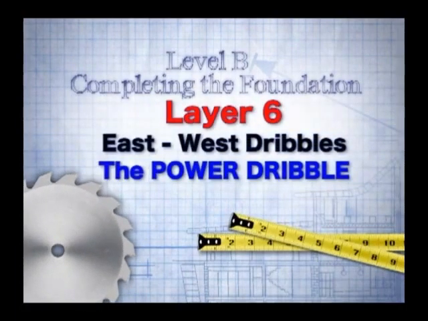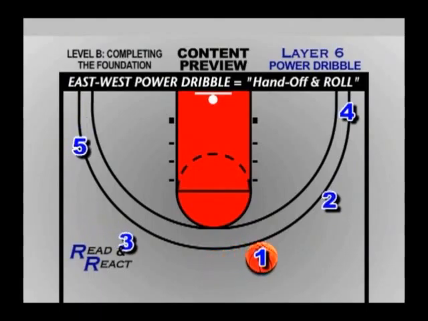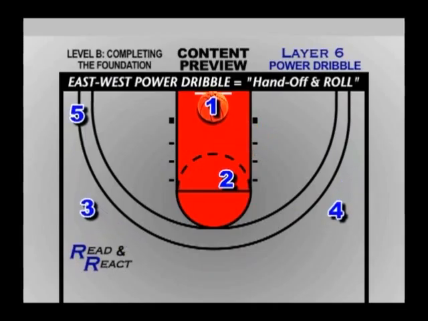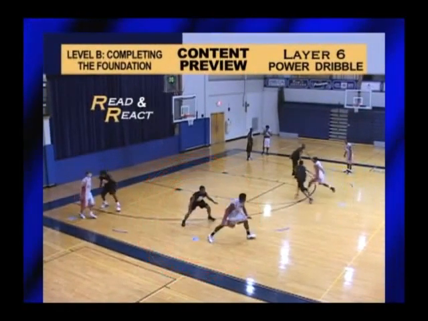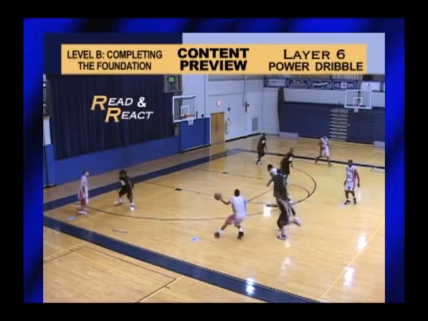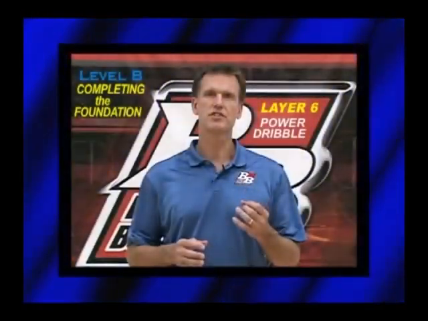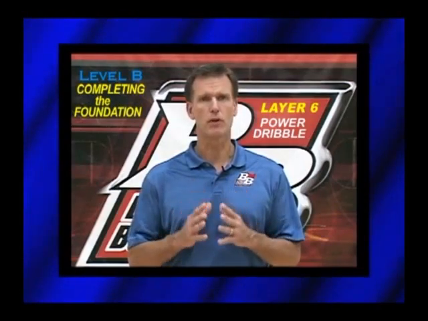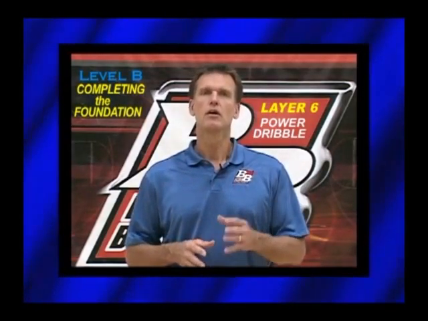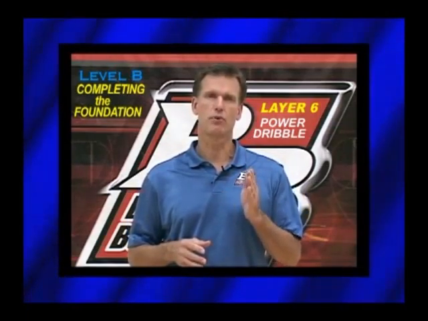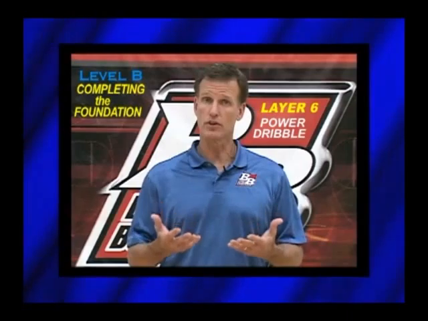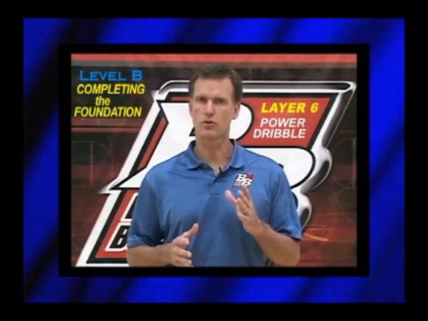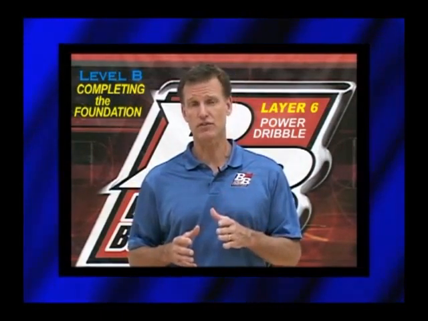Layer 6, the power dribble. This is the first layer where ball screens are introduced. I've been reluctant until now because most players don't know how to pick and roll effectively. But more importantly, I've hesitated because bringing another offensive player along with his defender close to the ball violates spacing, and if the players aren't properly trained, the ball screen can create better things for the defense than it does